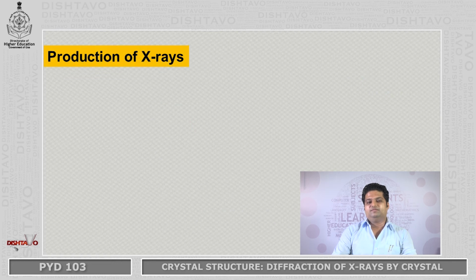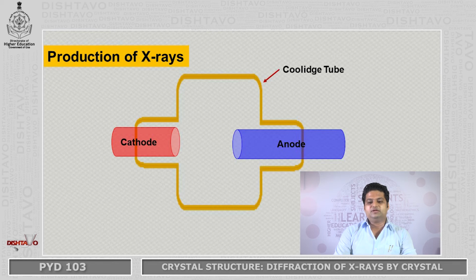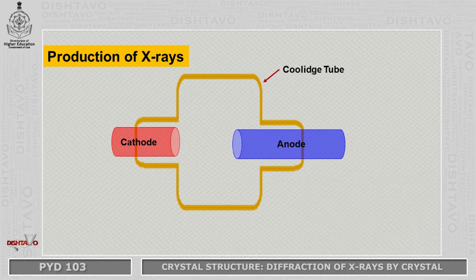So, since we have understood that we need a very fast moving electron to go and bombard the anode material, which is the basics of producing the X-ray, let us understand with a small experimental setup how X-rays are produced. For that you need a Coolidge tube. This tube is completely highly evacuated, with two electrode materials. One is a cathode material and another is an anode. Now, cathode is mostly a filament from where the electrons will be generated,